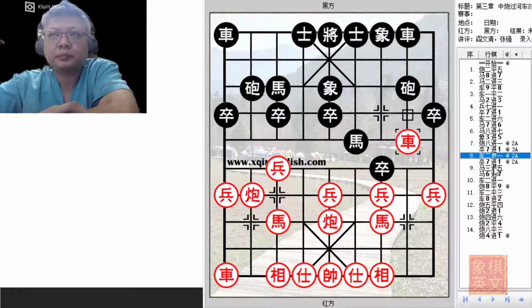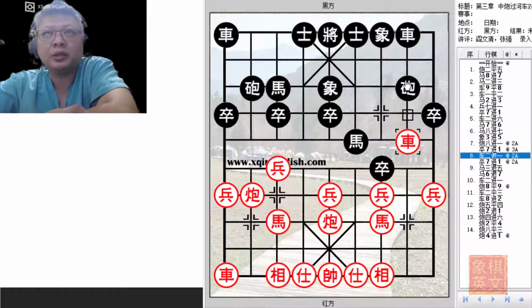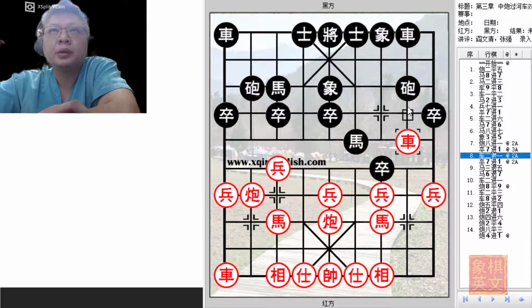Now, it would be advised for red to retreat the chariot to attack the horse in this manner. Now, in the past, r2 equals to 4 was played, and black can counter with h6 plus 3. So the advantage of this improvisation would be that again, red will still apply a pin to this chariot and cannon, and as I mentioned before in the previous video, now